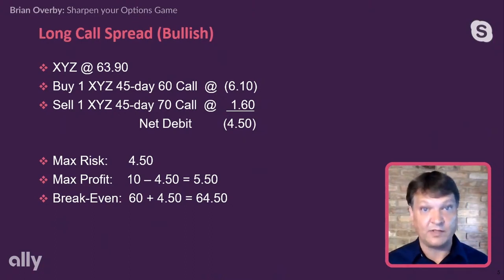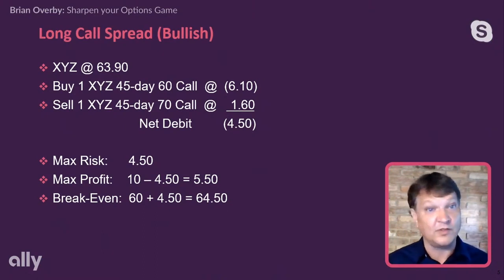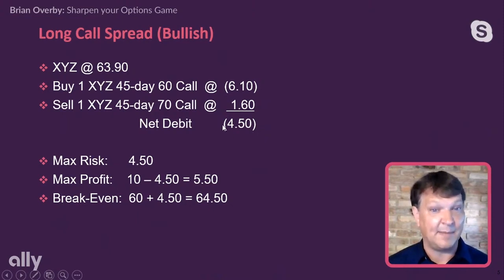We'll look at the profit and loss graph overall, but I can execute this inside the Ally Invest platform all as one trade. And that's what we're going to focus on to start with. Just doing a long call spread as a long call spread. We're not going to buy the option first and then sell it later. We're doing this all as one spread. We'd say we are going to put this in at a limit price of $4.50. And you'll see that we actually have it in parentheses, meaning that this is a debit to the account. So this would be $450 plus commission.